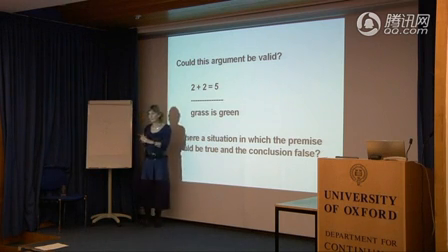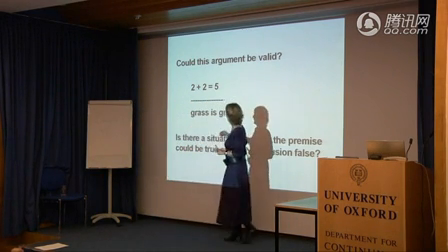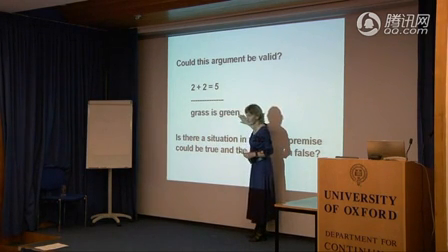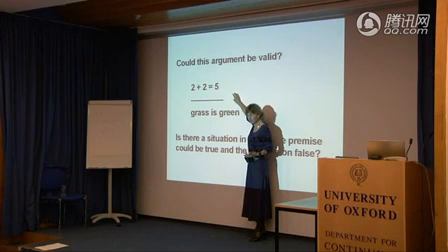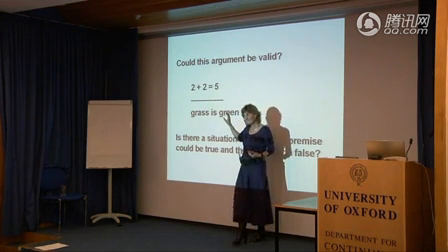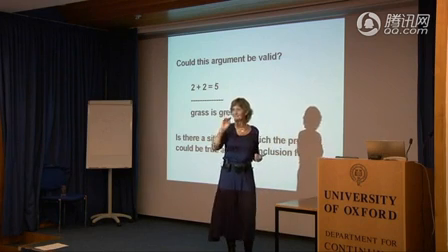In the same way, if I say there's no possible situation where this is true and this is false, well, if there's no possible situation in which this is true, then how could there be a situation in which this is true and this is false? Another couple of lights went on then.